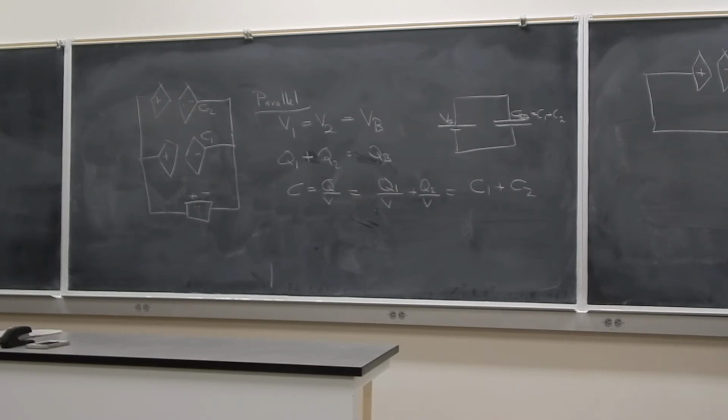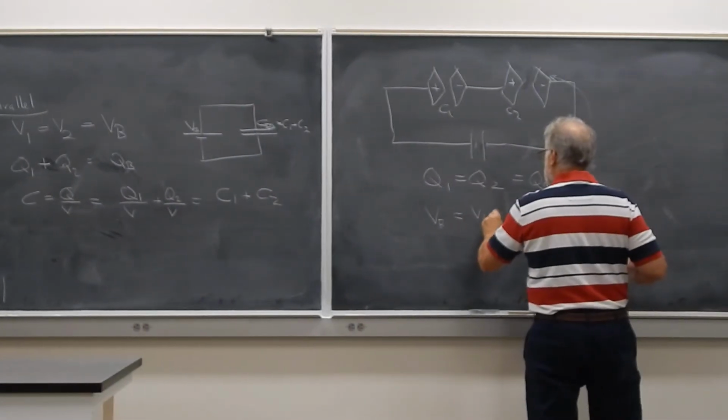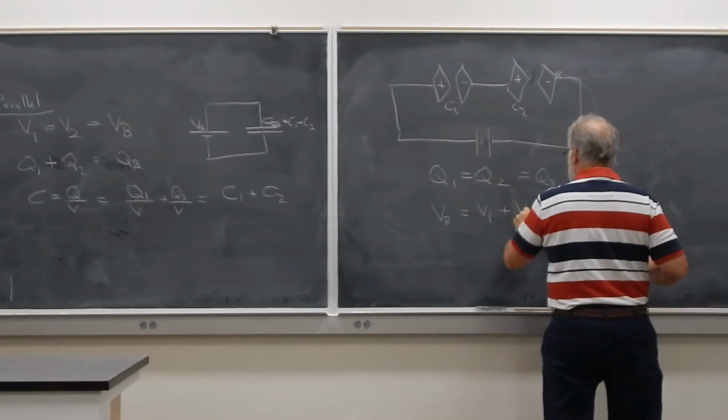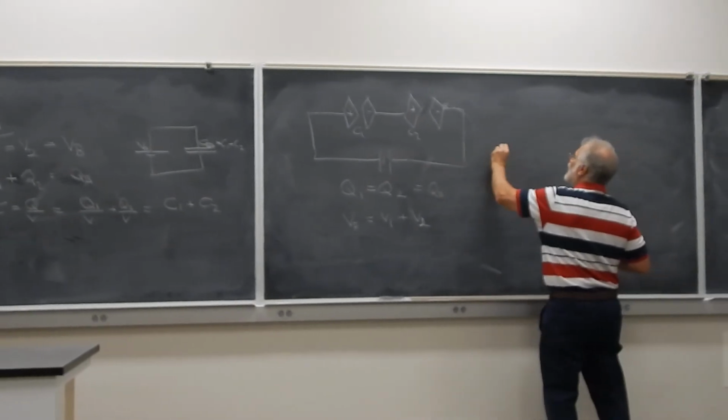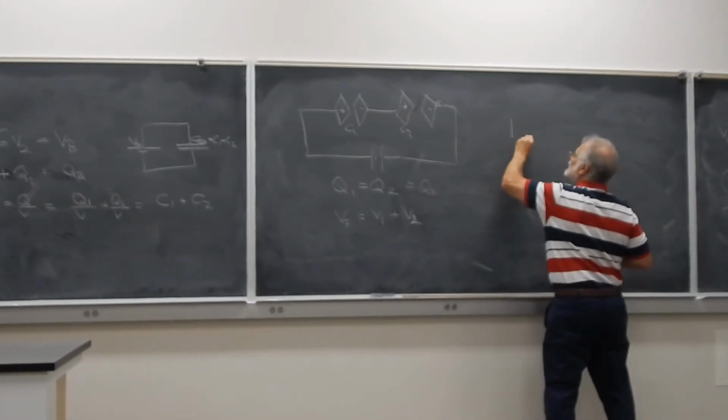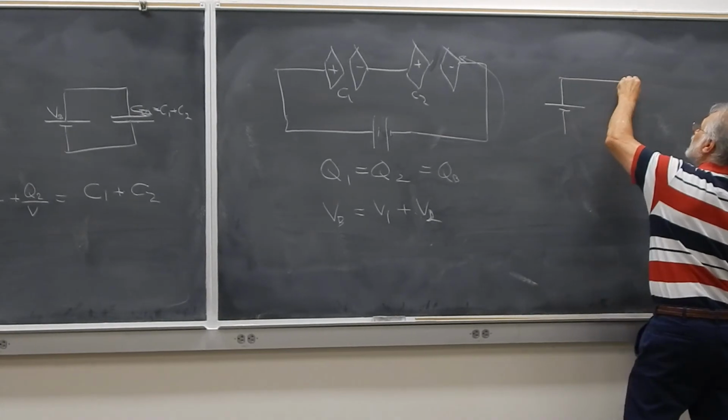And it will be such that we'll have electrostatic equilibrium when the charge on each capacitor, so this is C1, this is C2, the charge on each capacitor will be the same and also equal to what comes from the battery. The battery voltage then will be equal to the sum of V1 plus V2. That being the case, if I put this all together, it turns out that if I want to calculate the equivalent capacitance for a series circuit,